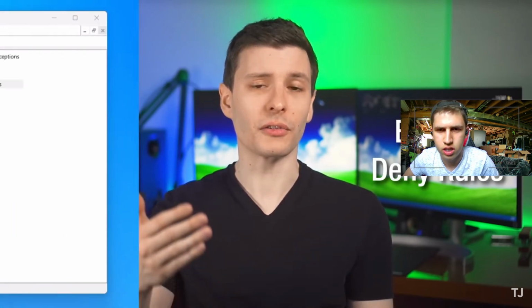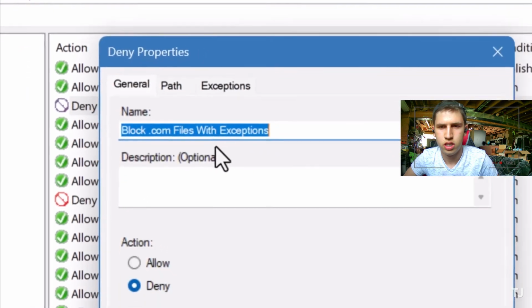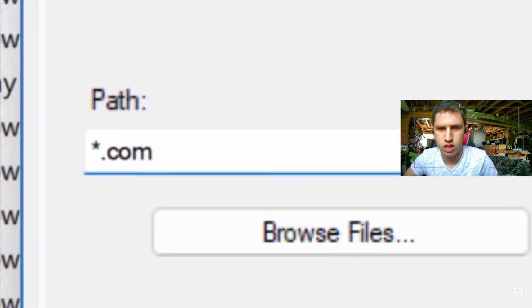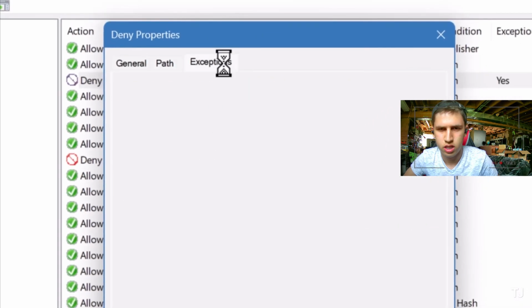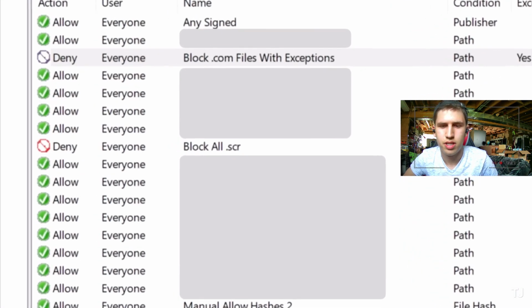Now, even though the default is to block and you set allow rules, you can also set explicit deny rules. For example, I also have a rule that just does a blanket block on all .com executable files because those things sketch me out. Also, they're relatively rare, so I just have an exception for those that are signed by Microsoft or Adobe's certificates. I also have a rule that blocks all